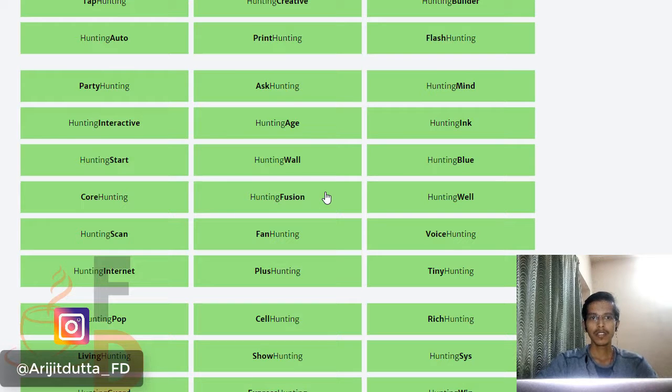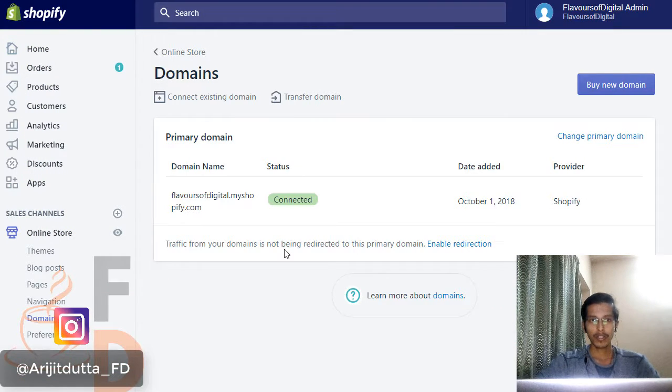Once you do that, go to your Shopify dashboard, go to settings, general settings, and use the exact domain name and propagate the domain name to their server. Just change the name servers that Shopify will provide, use those name servers in your domain provider, and that is all good to go. So I'm going to show you right now how you can change your domain name in Shopify. Let's look at that. Okay, so go to your Shopify dashboard.